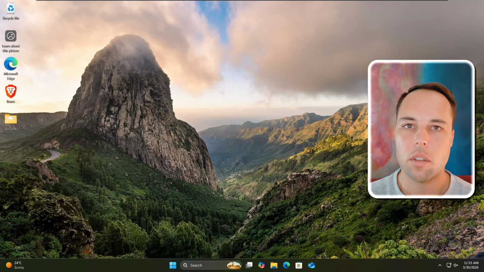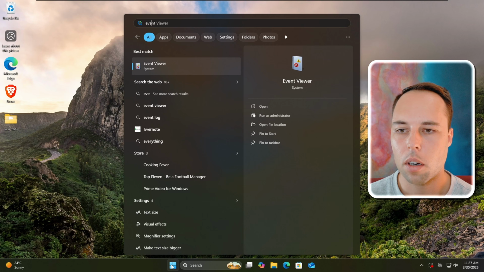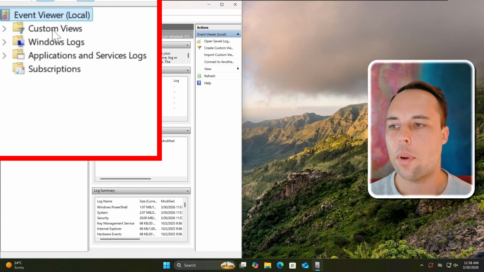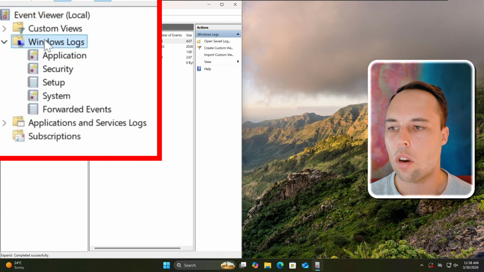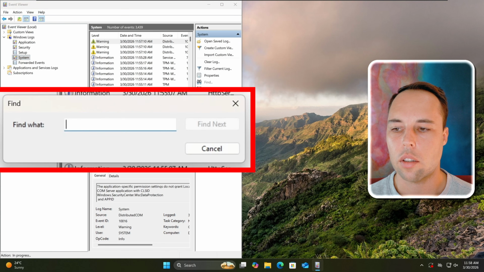And if you don't see any result or any screen that tells you whether the memory passed or failed, then you can just do a search for the event viewer and then open the event viewer in Windows. And then once it's open on the left, click on Windows Logs and then click on System. Then on the right here, you can click on Find. And this is going to open a box where you can search for something in the logs. And then what you want to search for is Memory